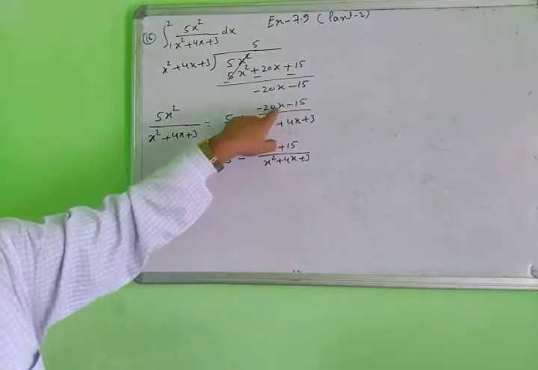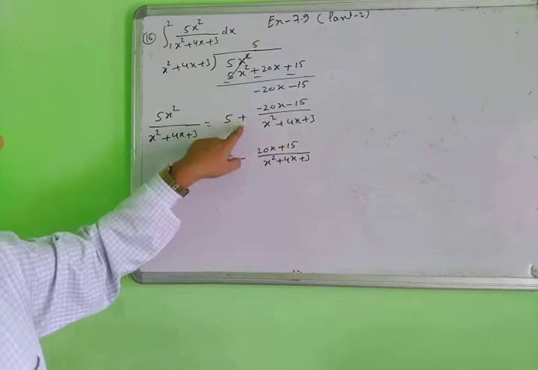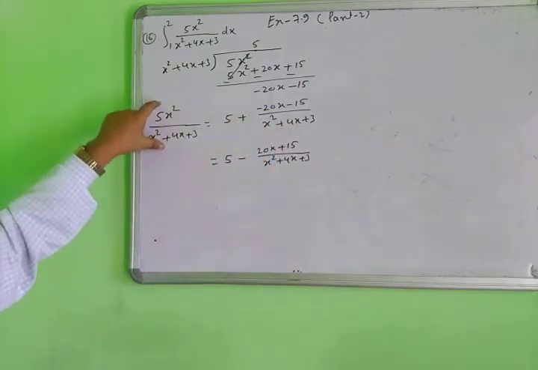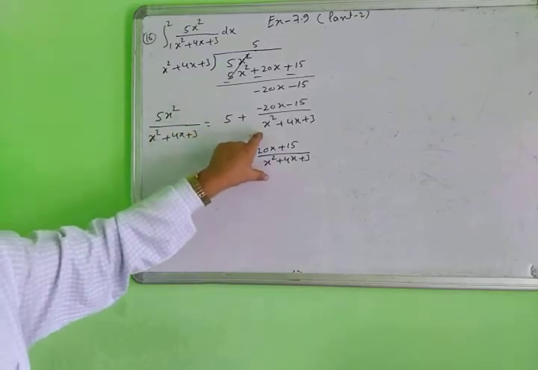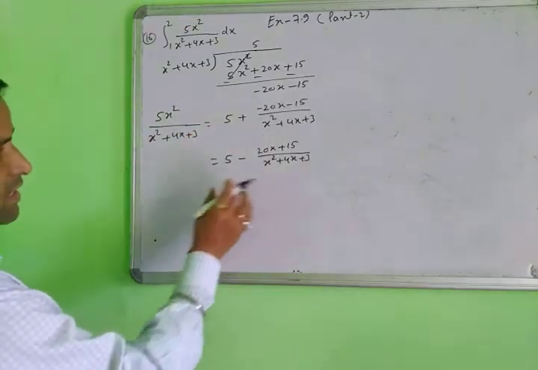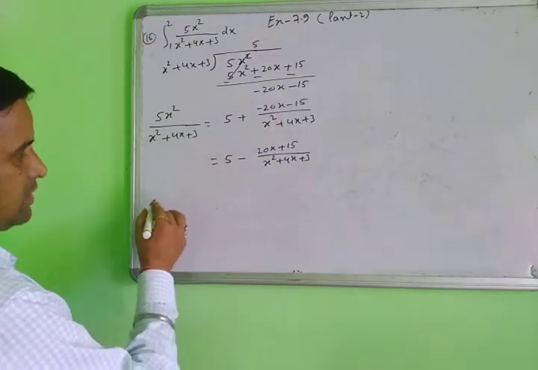Taking the minus sign common here, this plus converts into minus. The rest will be the same. So this is the improper form, and this is your proper form. After that you will use the integration sign, and you will factorize this also here. So now